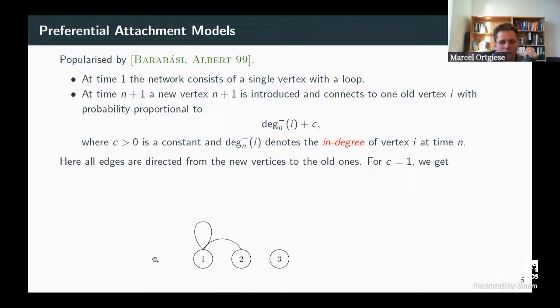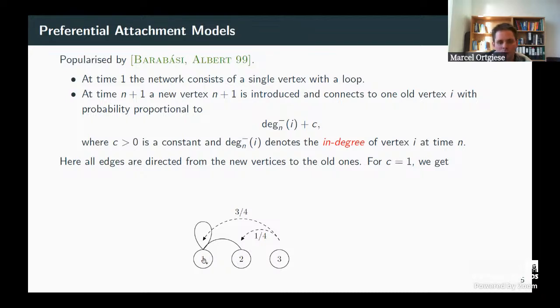So nothing happens in the beginning, so now it gets interesting. Let's say we've got this network on two nodes, and this is connected. I'm treating every edge as directed from a new vertex to an old vertex. And at this point, at time 3, I'm taking c equal to 1. So this one has in-degree 0, but because I'm adding c, the probability to connect to 2